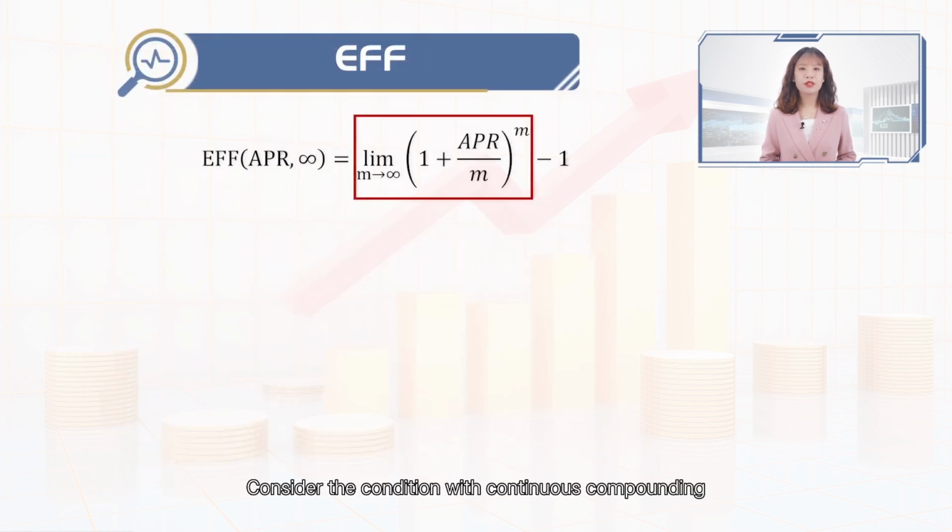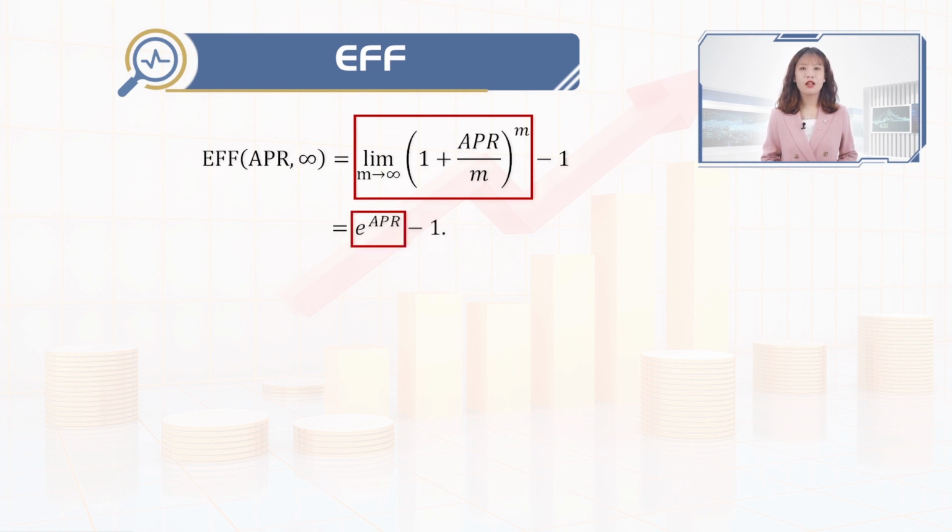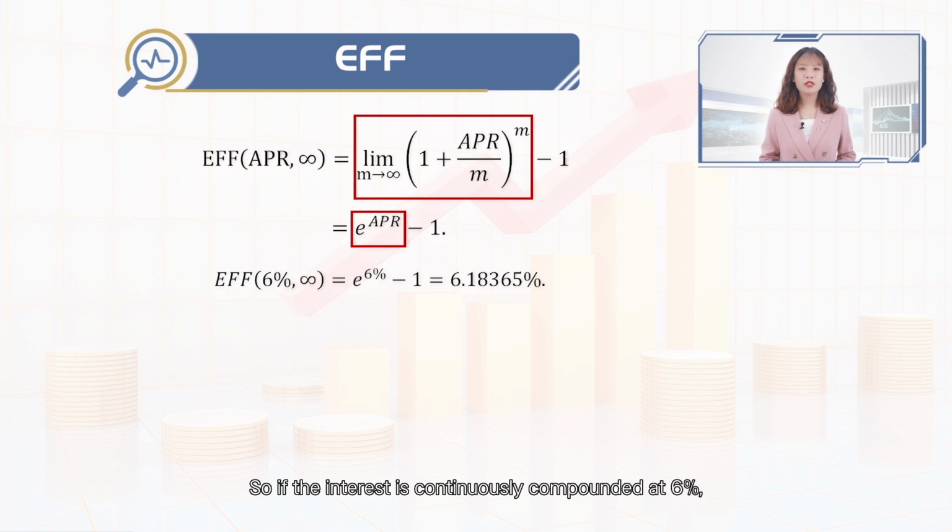Consider the condition of continuous compounding. As M increases to infinity, by the theory of limits, (1 plus APR over M) to the Mth approaches e to the power APR. Therefore, the EFF is equal to e to the APR minus 1. So, if the interest is continuously compounded at 6%, the EFF is equal to e to the 6% minus 1, which is almost